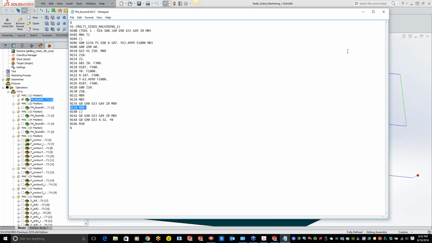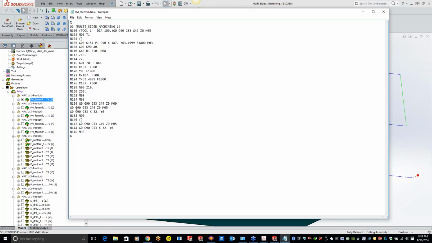So, real nice feature. Now let's say that you want to move your machine out of the way. What we're going to do is copy that, and we want to put that there, and we should probably move our Z up first so we don't get any little crashy going on.